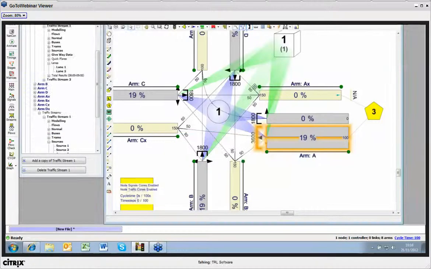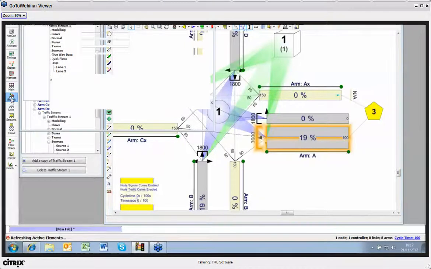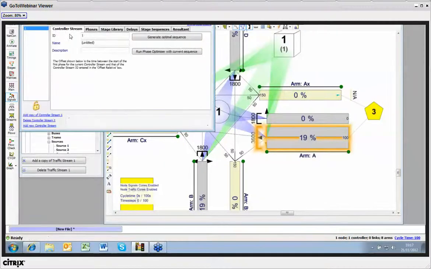So if I now move on to signals timings, if I open up the signals menu on the left-hand side here, this works in very much a similar way. What this does is it picks up every piece of information for the controller stream item rather than for the traffic streams. So what it will do is list down all your controller streams down the side here,